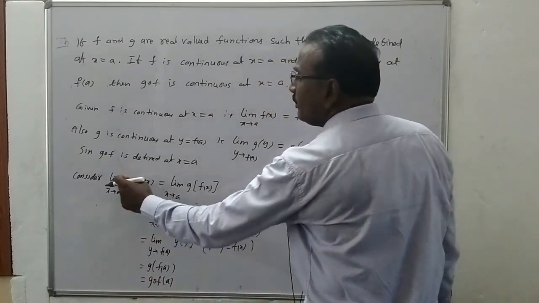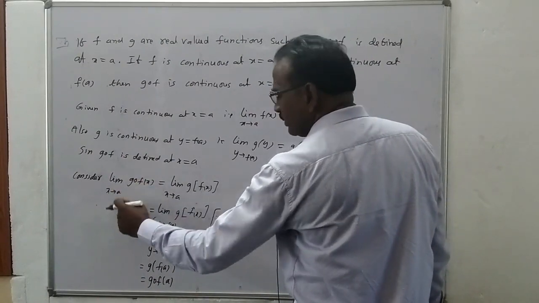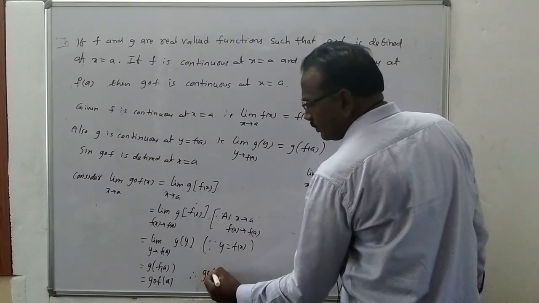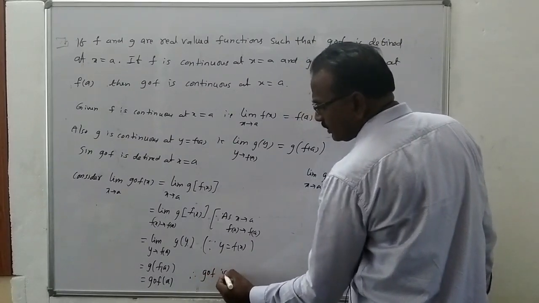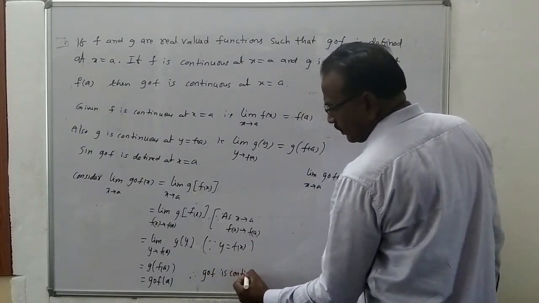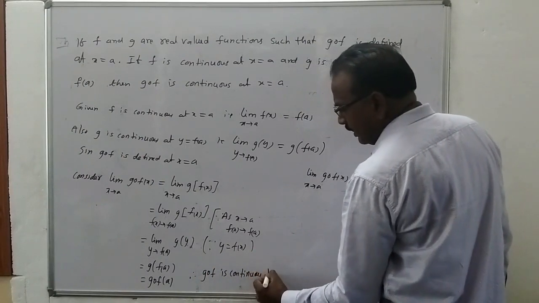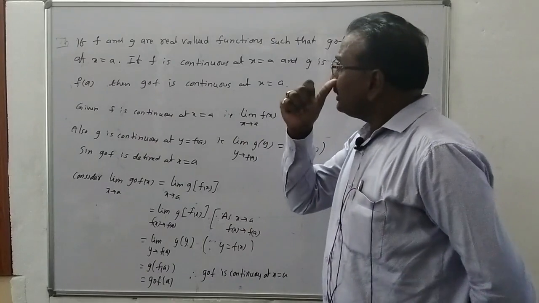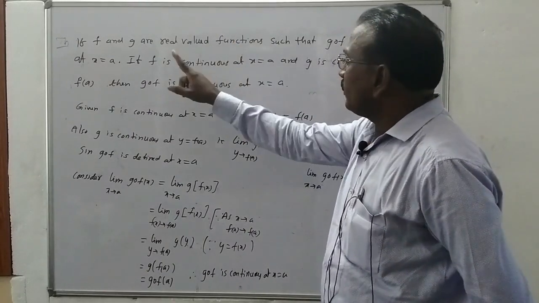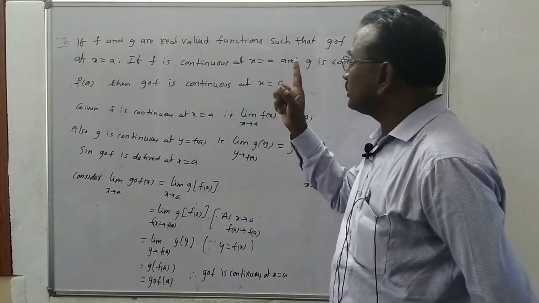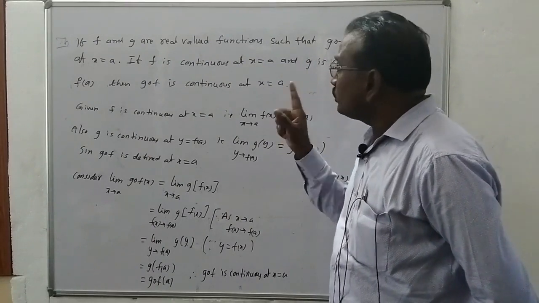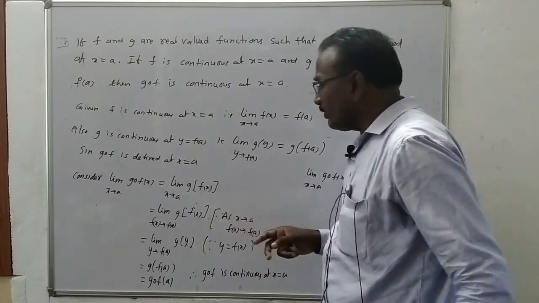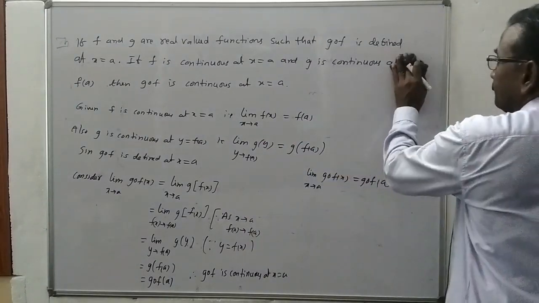So clearly the limit of g of f of x as x tends to a is equal to g of f of a. Therefore the composite function g of f is continuous at x is equal to a. So we conclude that if f and g are real valued functions, and f is continuous and g is continuous, the composition of two continuous functions is also continuous. So these are very, very important. So next,